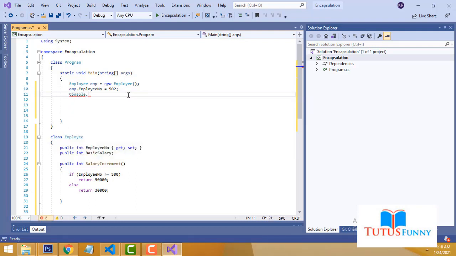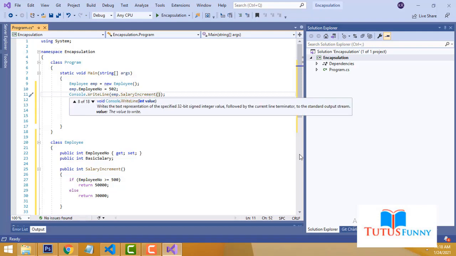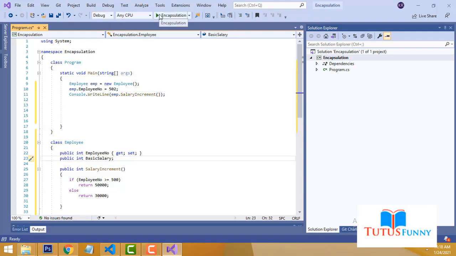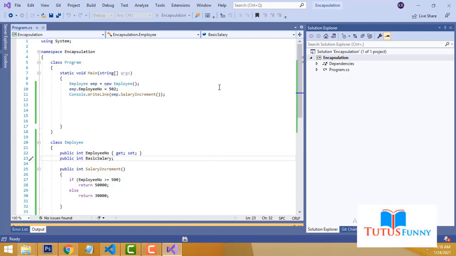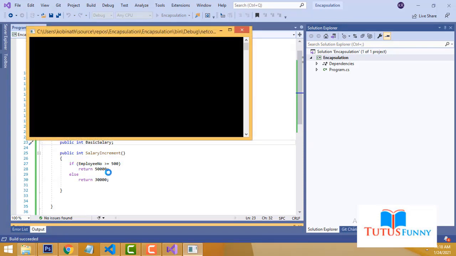Console.WriteLine, and inside it we write emp dot SalaryIncrement. Now you can check the calculation and what the output will be. If the employee number you entered here is 502, it will return the salary of 50,000.